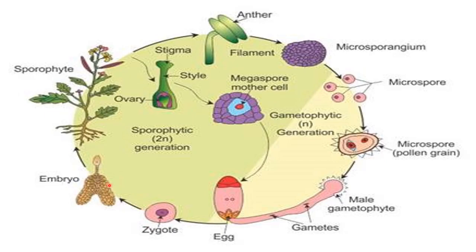And the seed will be formed here. The zygote forms, and the embryo forms inside the ovule, and that ovule converts into seed. When the seed grows, the embryo comes out to form a sporophytic plant body. So from the embryo this plant generates, right? So this is the complete life cycle of the angiosperms.